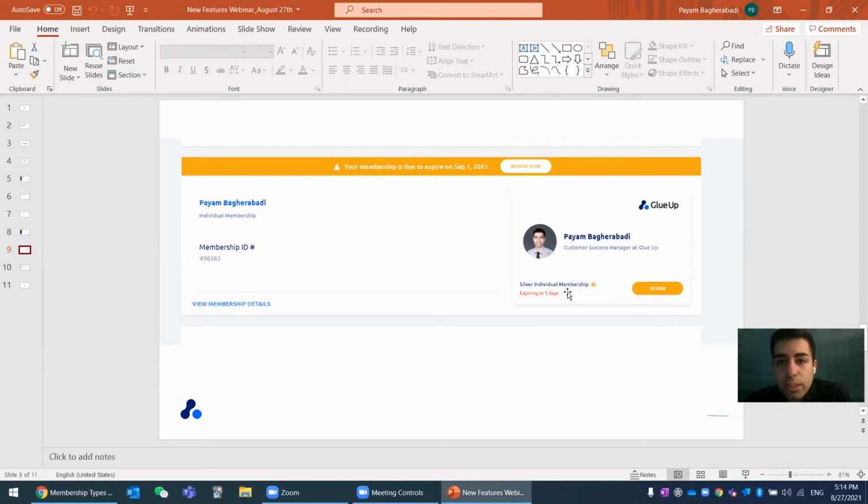For example, this is the sample membership that I have on the platform. It's a silver individual membership, and it is going to expire in 5 days. So whenever I log into my Glue page, in the membership section, I will see that my membership is due to expire soon, and it encourages me to renew. So at this point, me being the member, I will click on this button that says renew,